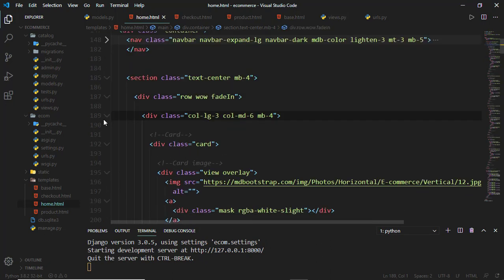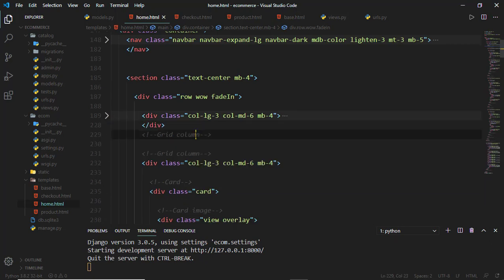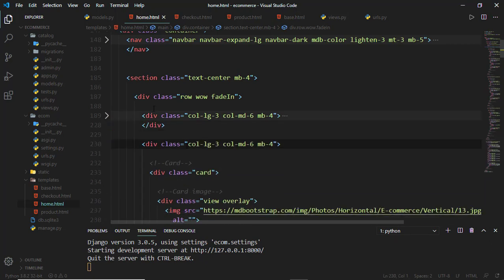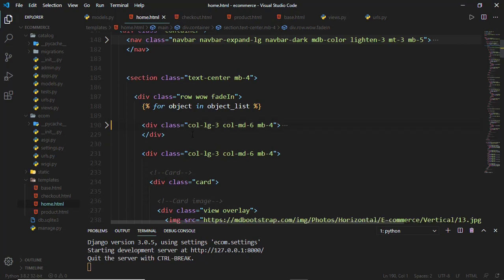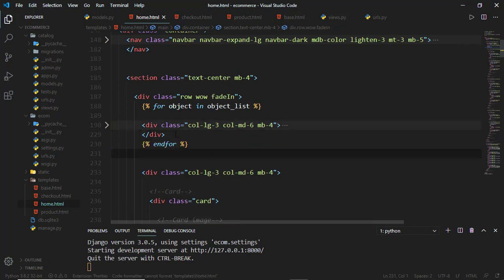Inside that row we have a grid column, so if I can just close that column there, we'll loop through each item in our database. So for object in object_list, we'll return that,